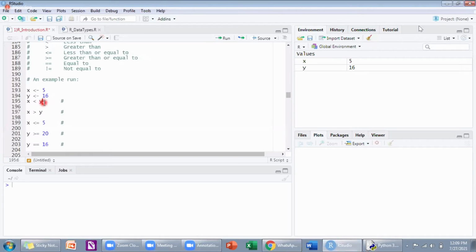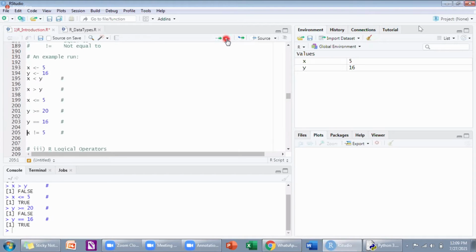Will it be false or 0? Sorry, true or 1. We get true because we have logical values. In C we may not get it, but from Java and Python we get it. Likewise this we get false. Simple things.